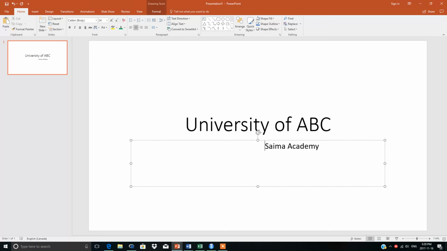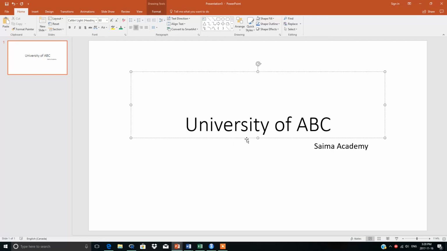And then you can set its position according to your choice. Okay, now suppose you want to change the color of this sentence, University of ABC. If you want to change the color of the complete sentence or complete paragraph, so what you have to do, you have to bring your insertion point before the letter, which is U, and then you have to triple click